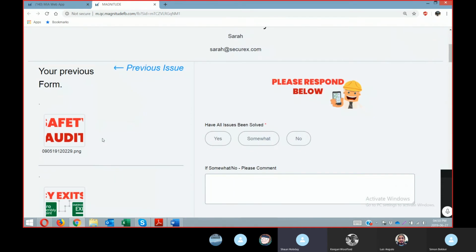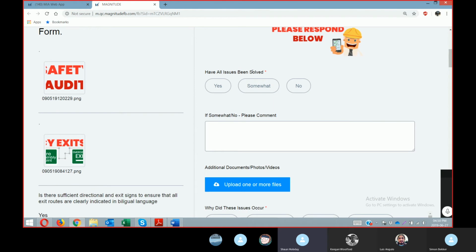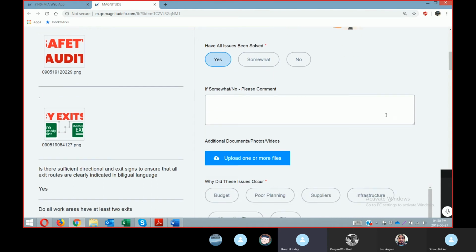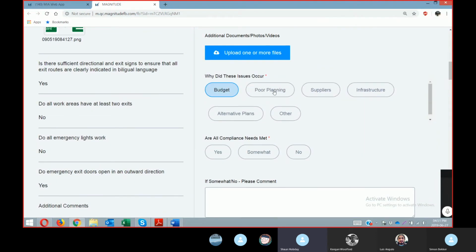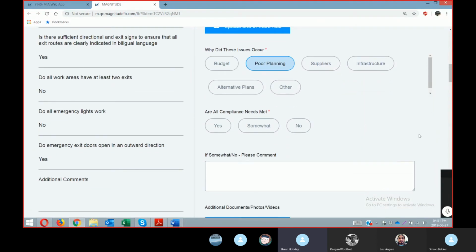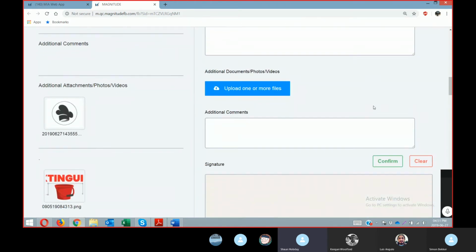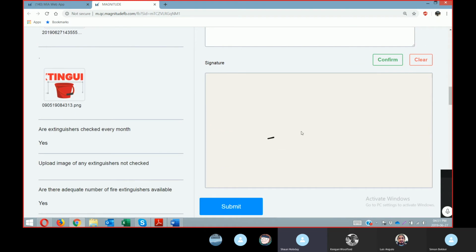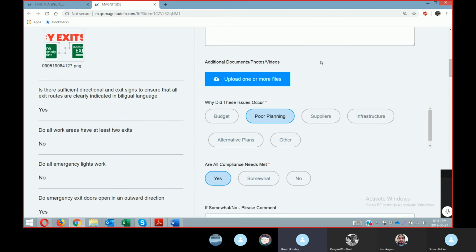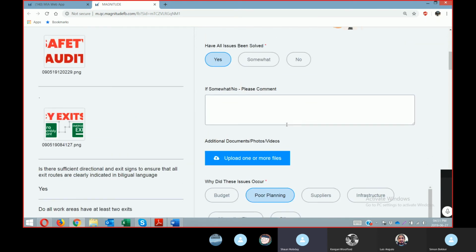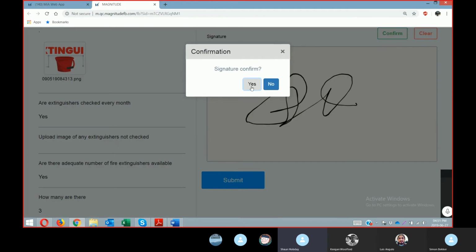And what happens is here, Themba, it's his job to fill out this right-hand side. So, have all the issues been solved? Let's say yes. Let's say that it was because of budget and poor planning that it occurred, and that the compliances have been met. What he can do then is sign off on this. Keeping in mind again, guys, that this entire form that you're seeing here is completely customizable on that front. Okay, just confirm my signature